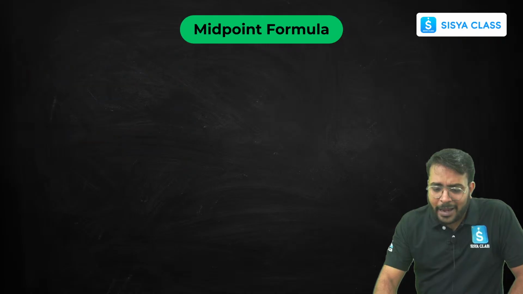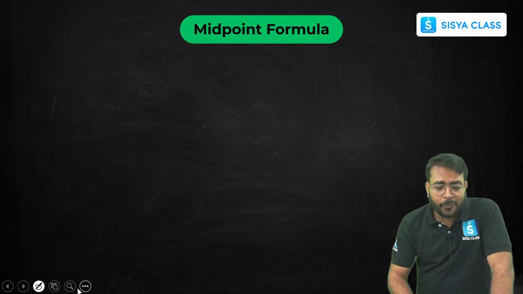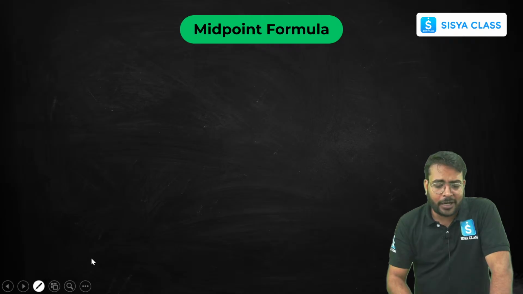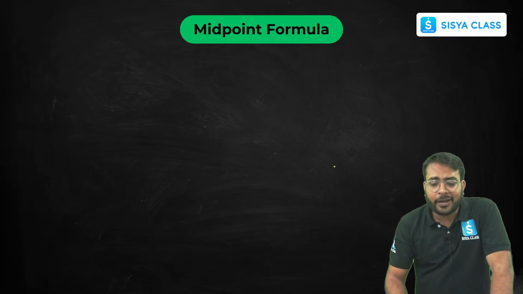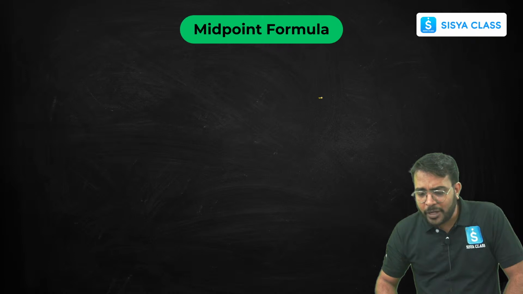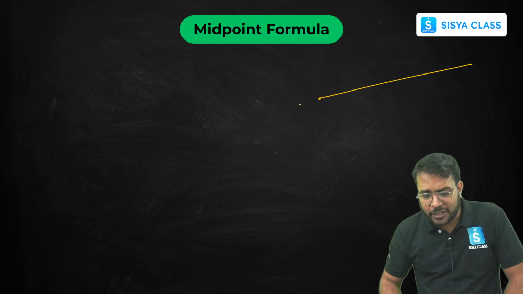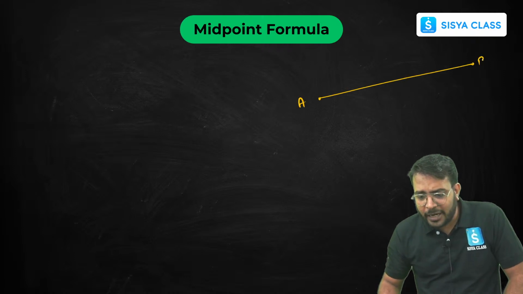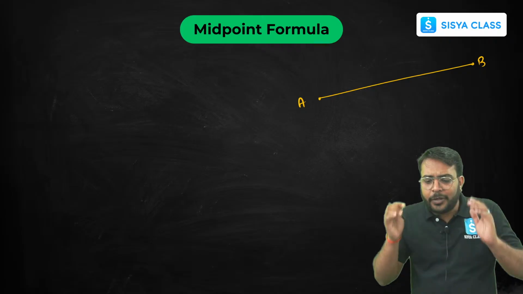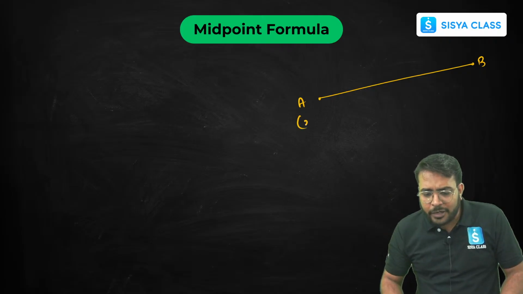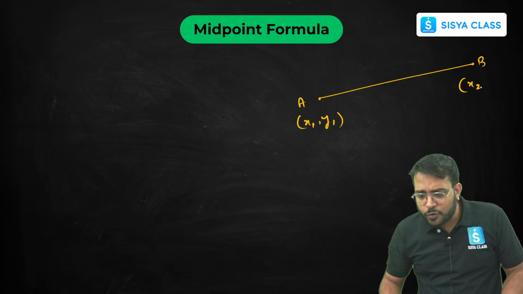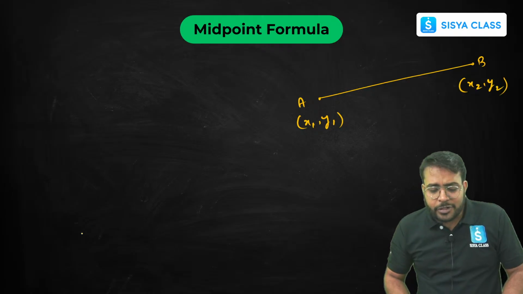अब इसी को मैं एक्सटेंड कर सकता हूं मिड पॉइंट फार्मूला में। मिड पॉइंट फार्मूला क्या होता है बेटा, इसी का जस्ट एक एक्सटेंशन है, ऑल राइट। इसी फॉर्मूले को मैं थोड़ा सा एक्सटेंड करूंगा एंड आई एम गोइंग टू गेट माय मिड पॉइंट फार्मूला। सपोज मेरे पास एक लाइन है AB, 2 पॉइंट्स हैं A, B। पॉइंट A का कोऑर्डिनेट है बेटा x1, y1, पॉइंट B का कोऑर्डिनेट है बेटा x2, y2, ऑलराइट।